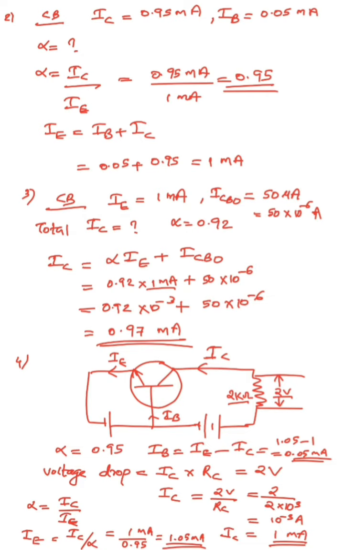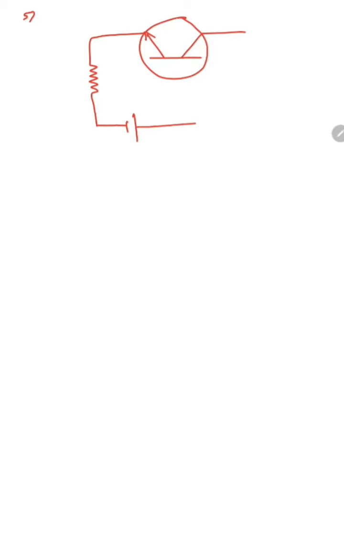Next, the next problem is a somewhat more difficult one. So, the fifth question. Here also we consider a circuit. We are considering an NPN circuit, and here you will get an input resistance, and this is a common base connection. You can see an input resistance and output resistance in this circuit. Output resistance RC is equal to 1.2 kilo ohm.